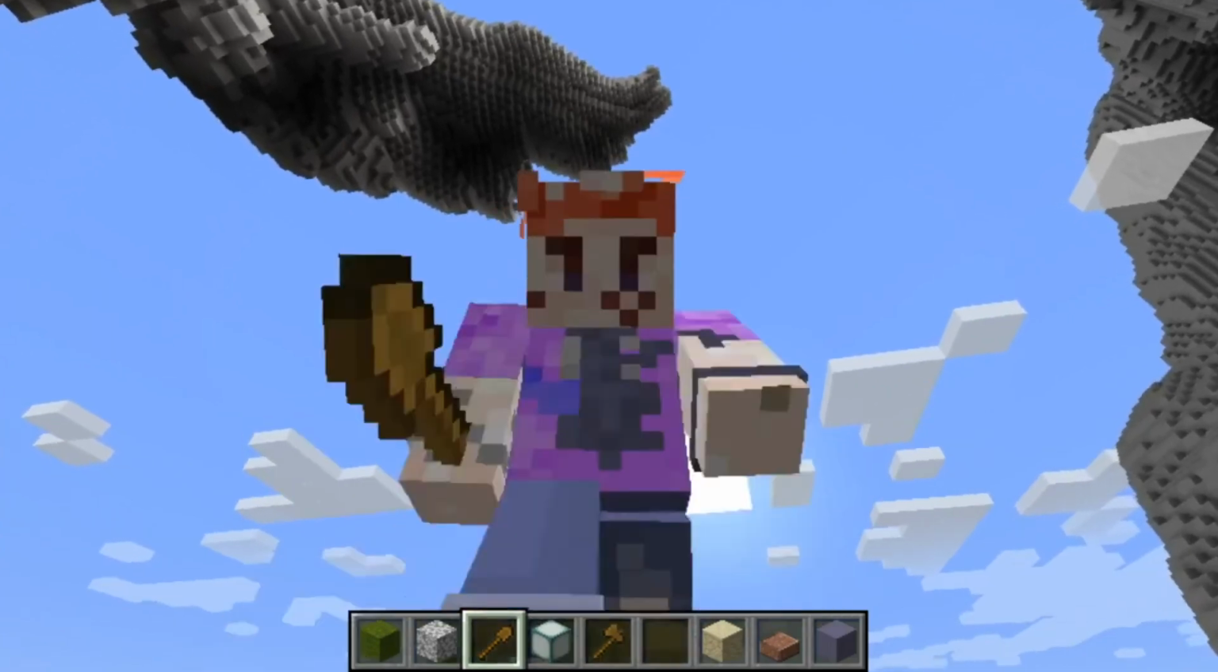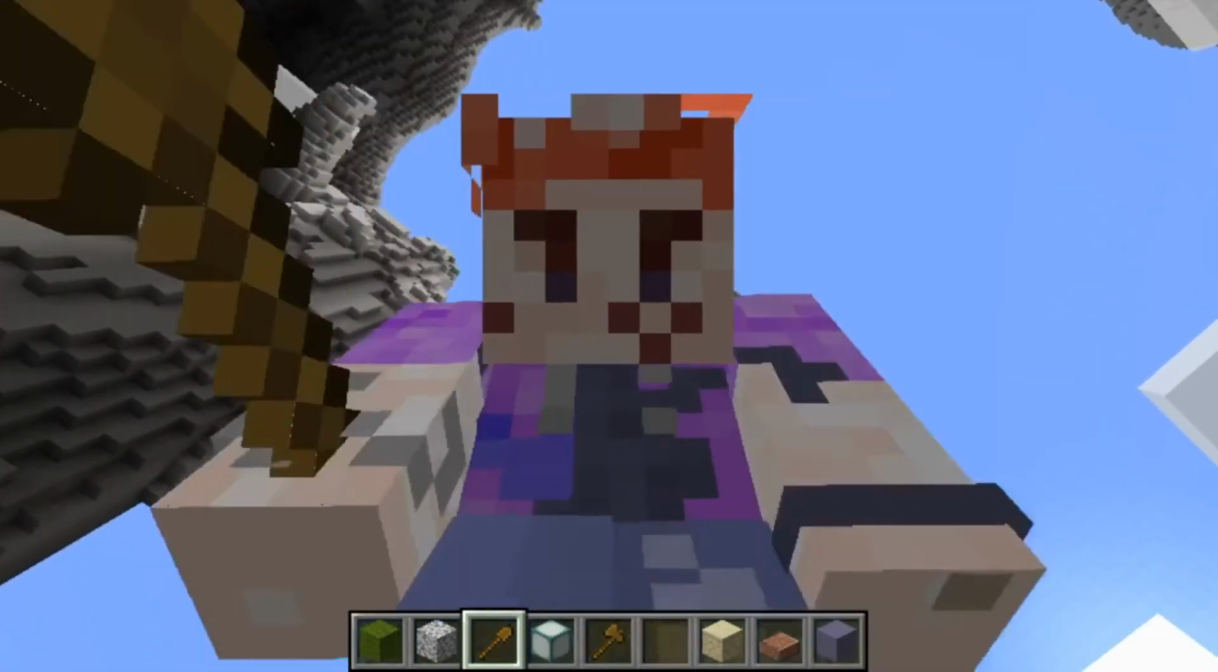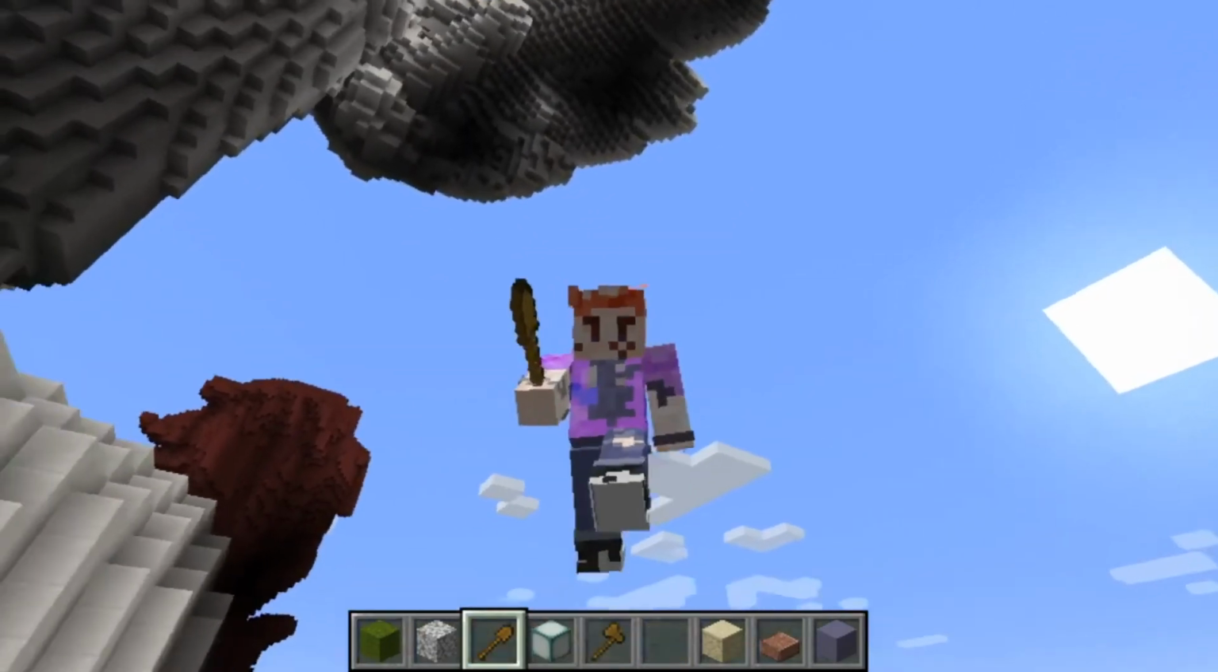And you're done, guys. Hopefully you can use this technique to build crazy 3D models in your world and add extra flair to your